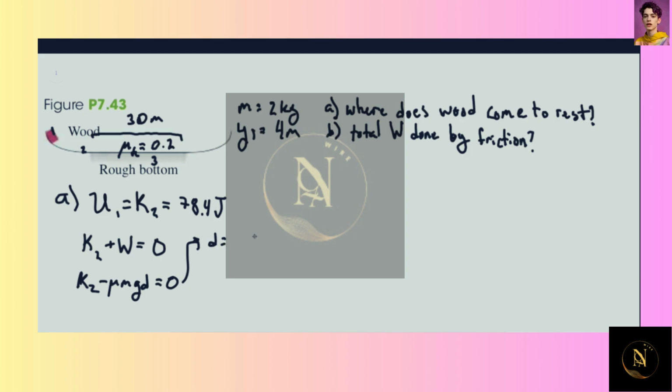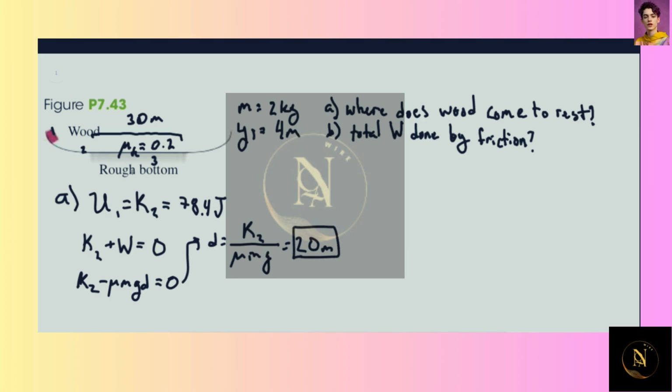So d is the kinetic energy going into the bottom divided by mu m g. And so it ends up going 20 meters,